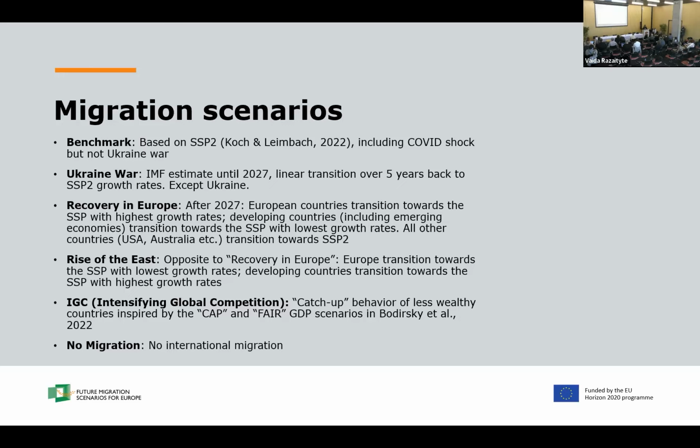Before that, in the recovery Europe and also in the rise of the East, it's the same scenario as in the Ukraine war until 2027. And the rise of the East scenario is the opposite of the recovery in Europe. Then the European countries transition towards an SSP with the lowest growth rate, and the opposite is true for the developing countries. Then the last scenario is intensifying global competition, where there is a catch-up in the GDP from the less wealthy countries,